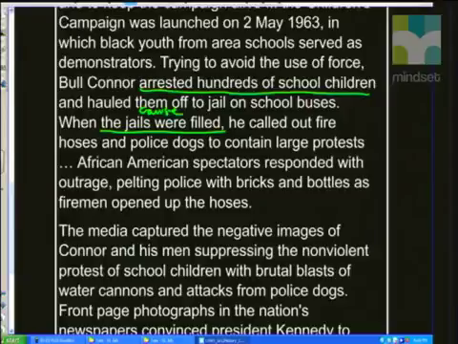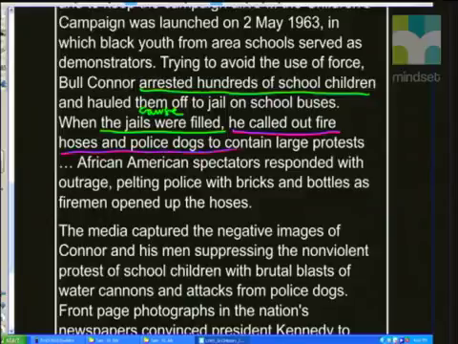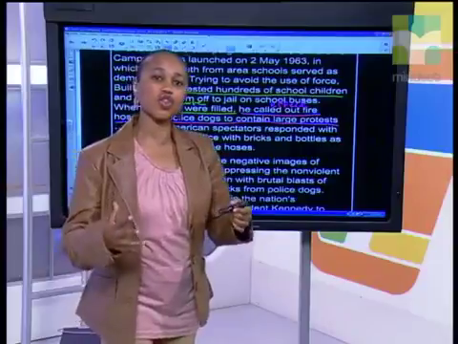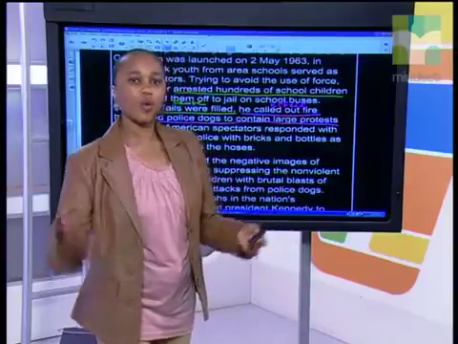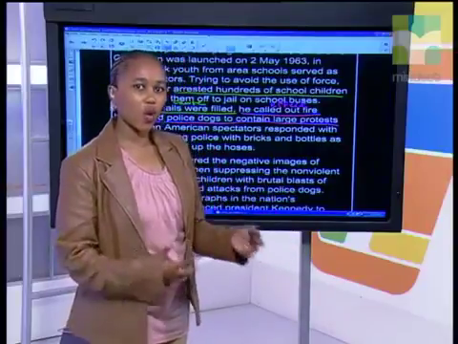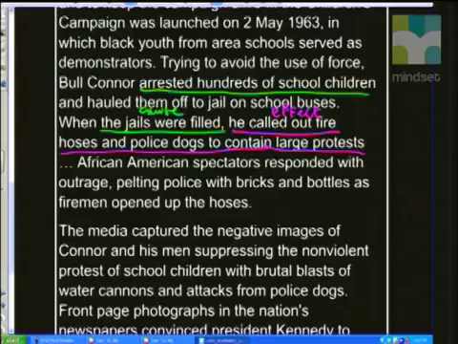cause. And then what happened as a result of the jails being overcrowded? He then, let me use a different color there to show the effect, called out fire hoses and police dogs to contain the crowd or the large protesters. So I'm going to write there, effect. Now remember, I told you those are very important things in history. You need to know what happened and then what happened as a result of that, cause and effect. And then if we read on,